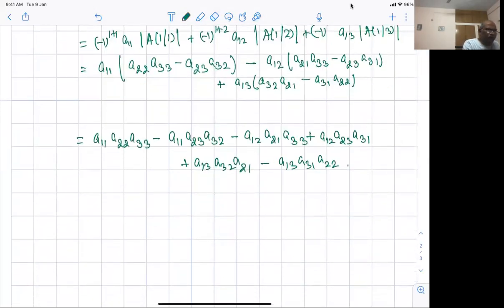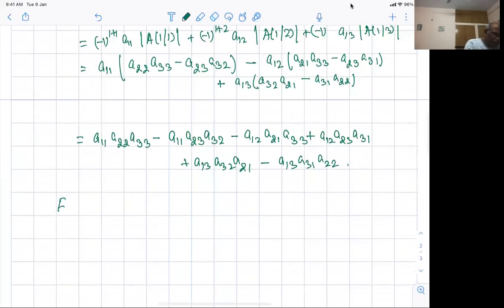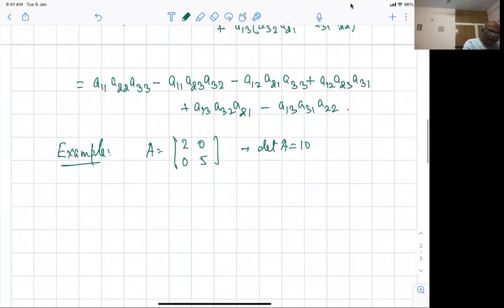So I would like you to compute it yourself. I have computed it for some of them. Important thing as an example: if I look at this matrix A, which is 2, 0, 0, 5, the determinant of this matrix is 10. And if I look at it on this plane,